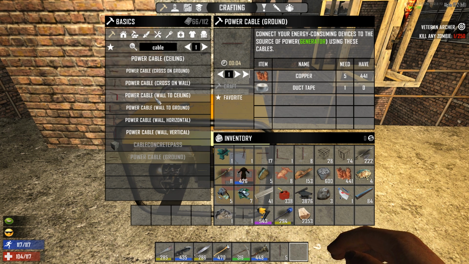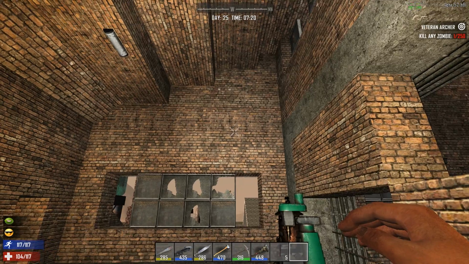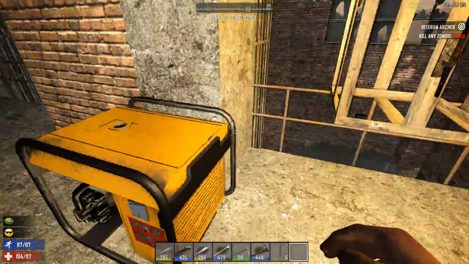Then after that, you have all kinds of cables that can go on the ceiling. You have cables that can go on the ground. You have cables that can go on the walls. I don't think I'm going to use any that go on the ceiling. So I made a bunch that were going to go all over the place. So the first one we want to hook up...